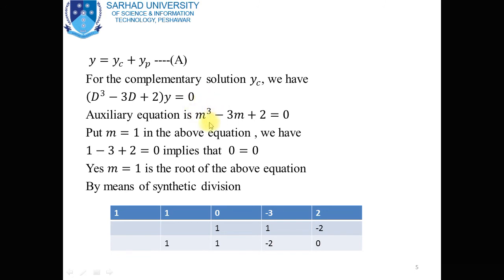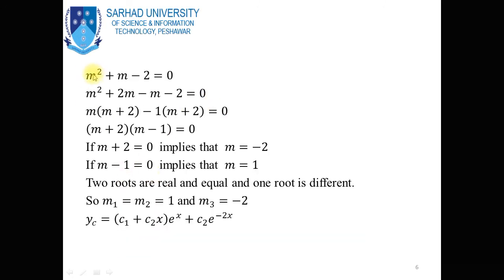So in the original equation the degree is 3, and now in the depressed equation the degree is 2. When the degree decreases, we can solve the polynomial easily. So to solve this polynomial by using sum and product factorization, m square plus 2m minus m minus 2 is equal to 0.